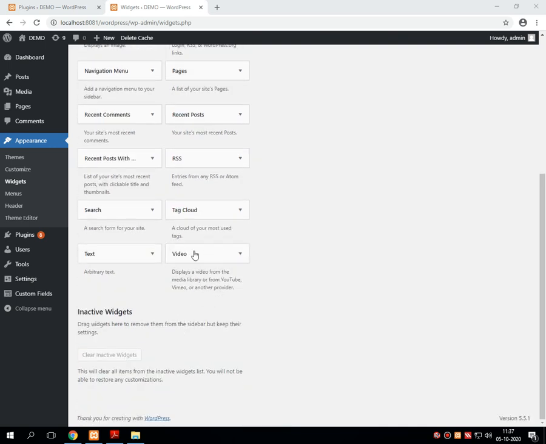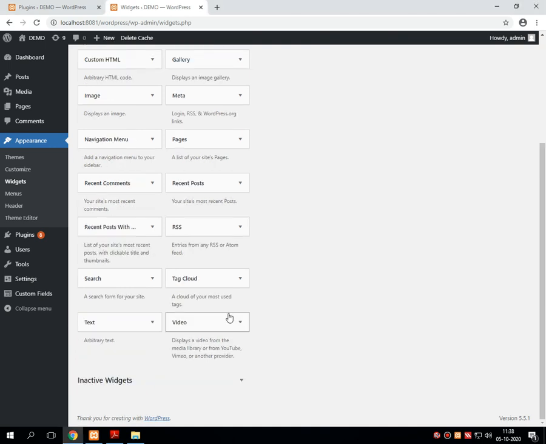All these are called inactive widgets. You can even see the inactive widgets drop down menu over here. Suppose some of the widgets I have kept as inactive widgets, then they will be displayed over here.